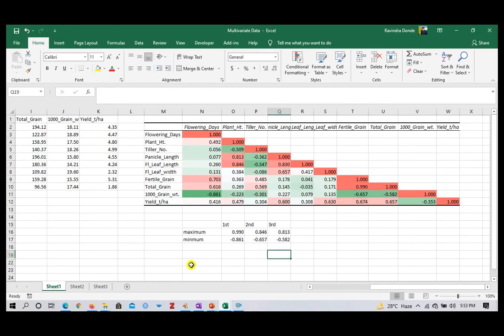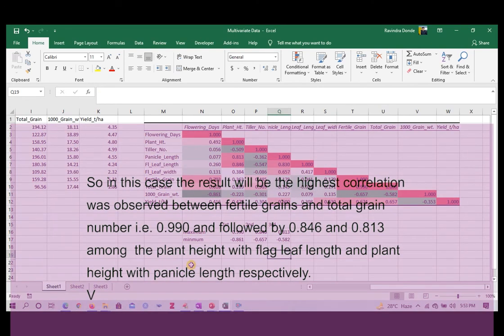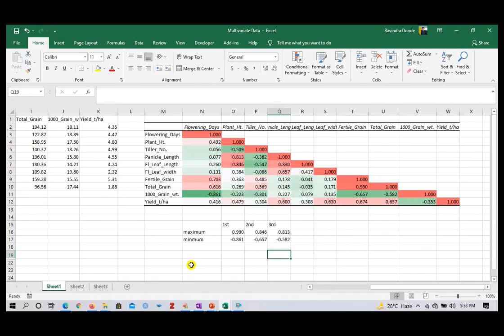For a publication point of view, we have to write the sentence like this. The highest correlation was observed between fertile grain and total grain number, that is 0.990, followed by 0.85 and 0.81 for plant height with flag leaf length and plant height with panicle length, respectively.